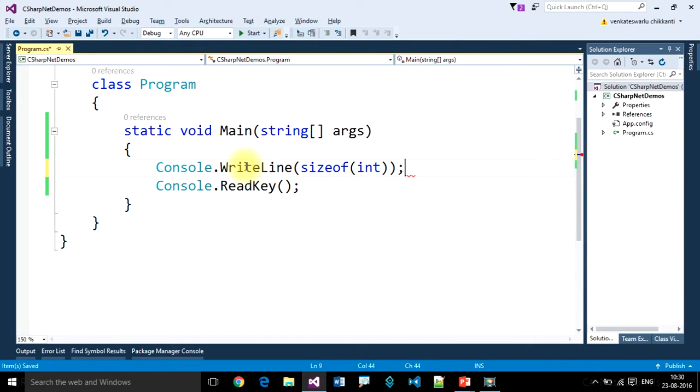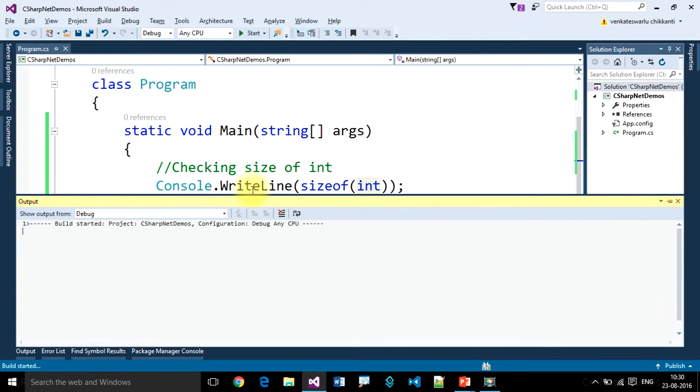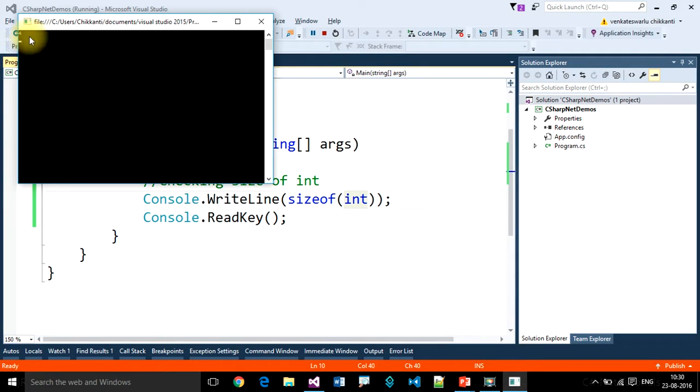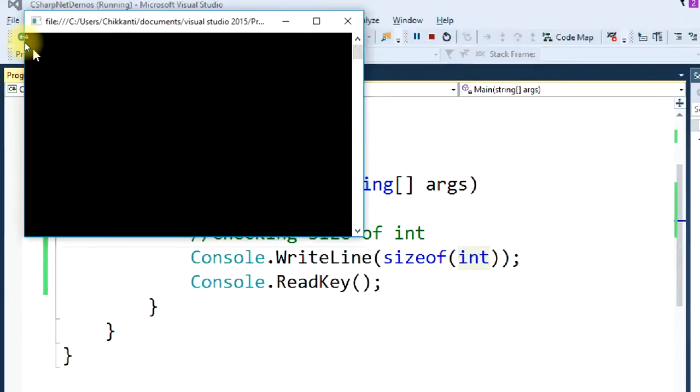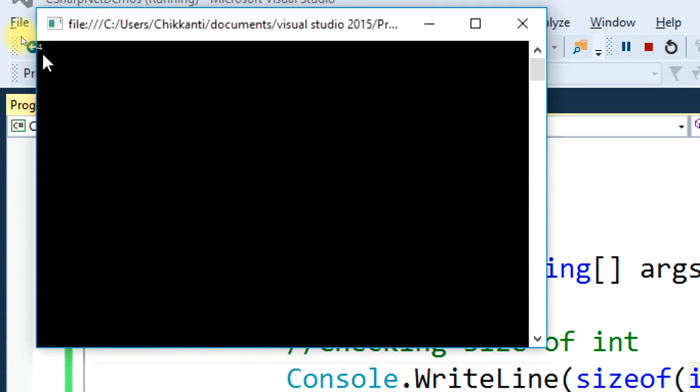I want to check the size of integer. Okay, size of integer. Let's look at the output. What is the size of integer? It displayed some value. It's 4. Size of the integer is 4.